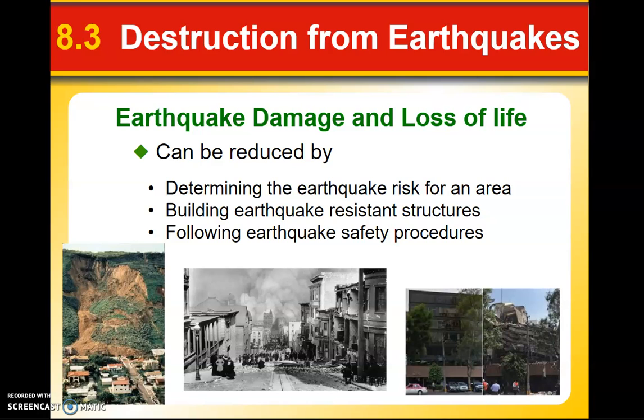If you were outside in the middle of a field, you're probably pretty safe. There's not much that could fall on you. But if you're in your house at home, you're probably not going to have sturdy desks like we do here. And your safest place there would be to get to a door frame, because those are usually well reinforced and would provide you a little bit more protection.